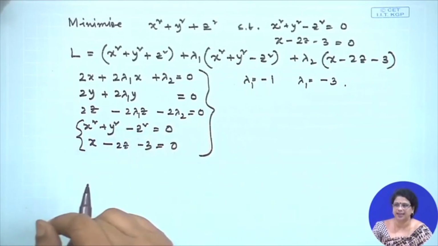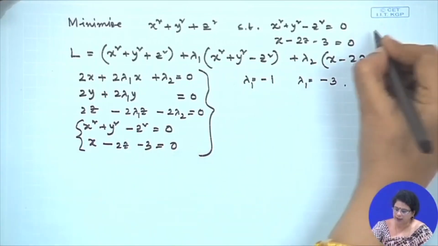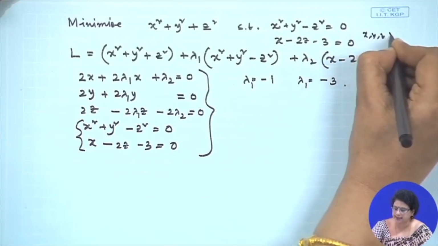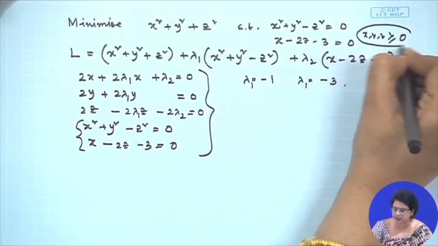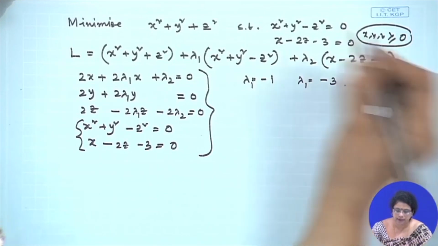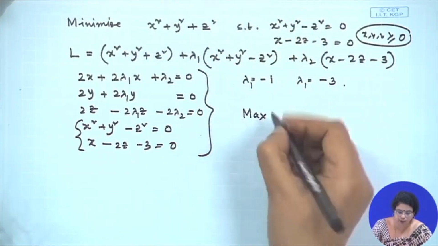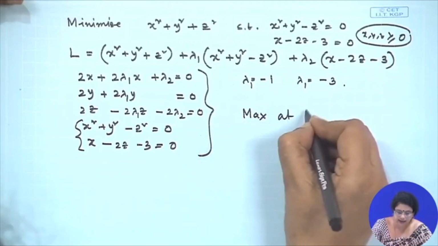And that you need to check, whether all the conditions like x, y, z, the non-negativity constraints are being satisfied or not. For different cases you have to check, and you can conclude that we will have the maximum for this problem